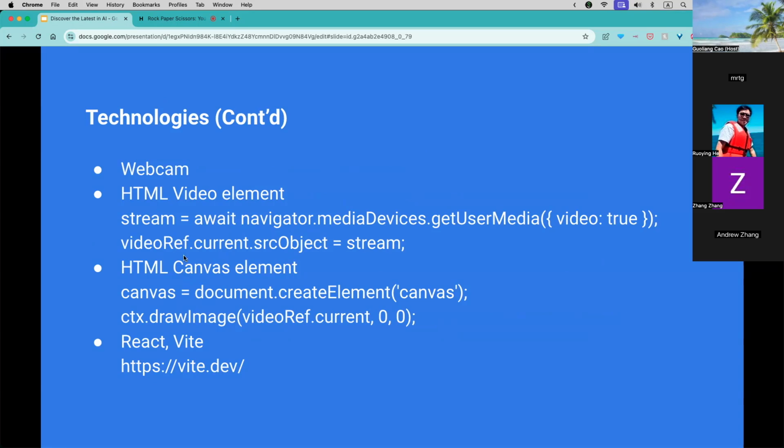Then, from the video element, you need to be able to capture still images. How you do that is with an HTML canvas element. You can use JavaScript to create that canvas element on the fly, and then you get the image from the video element.